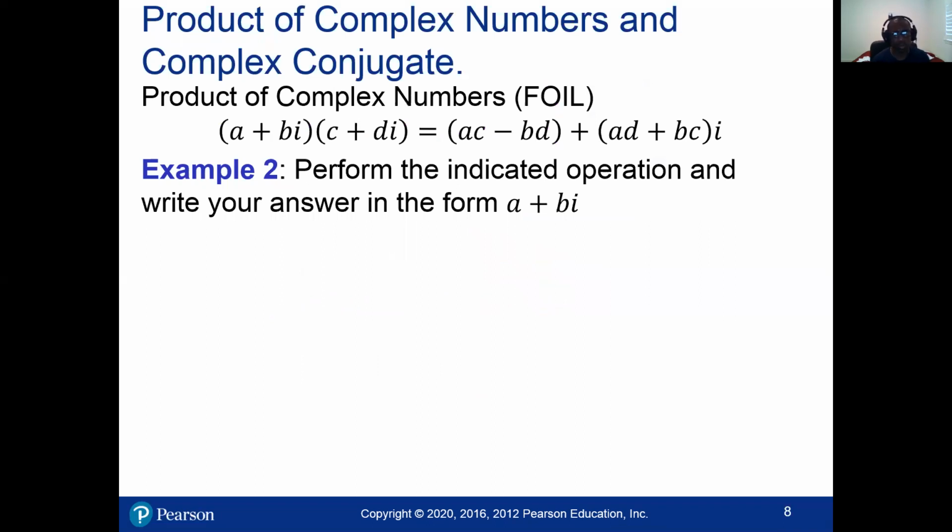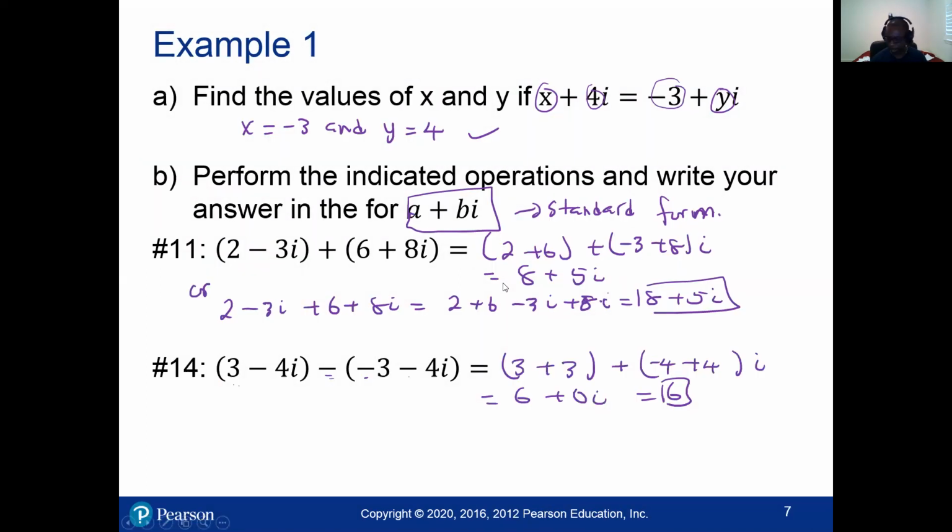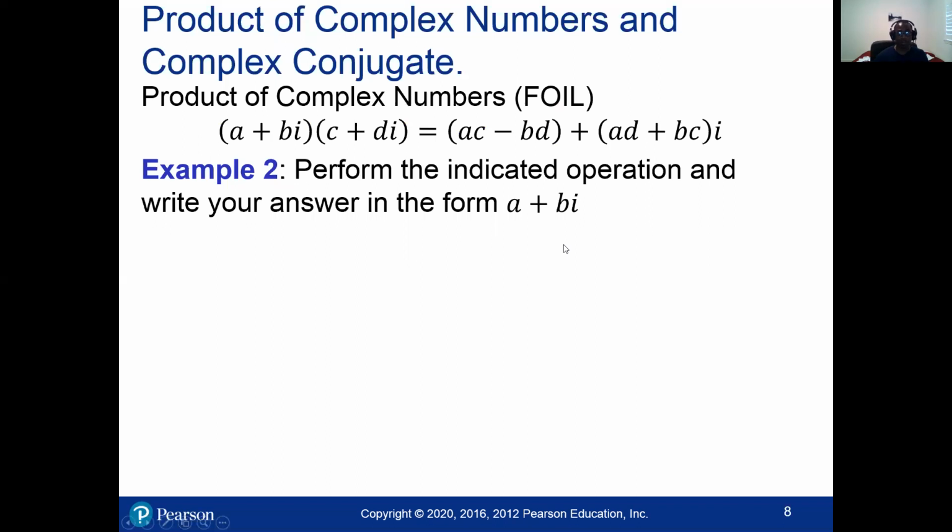All right. So we want to talk about a conjugate, because before we can really talk about multiplication, we need to know what is called the conjugate of a complex number. So the product of complex numbers, in this case, we FOIL it. If you have a plus bi times c plus di, now if you FOIL it, you have